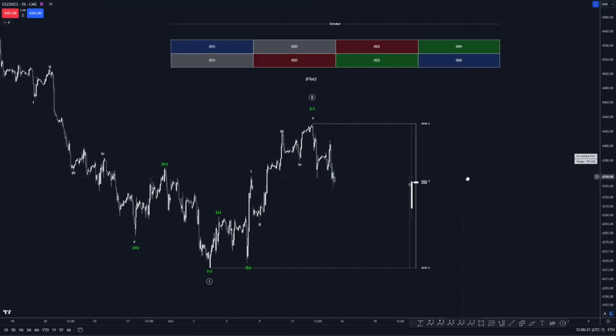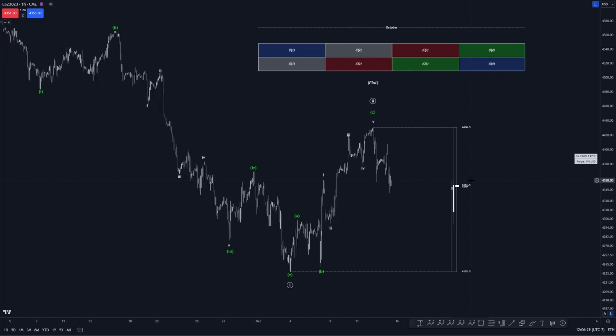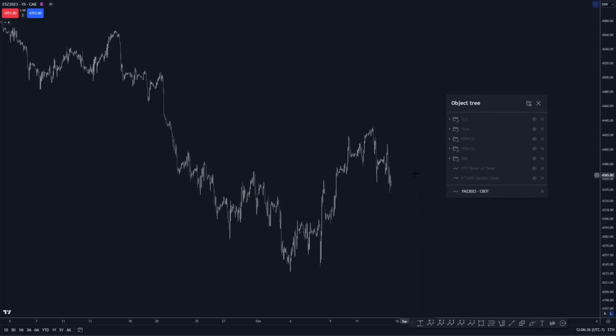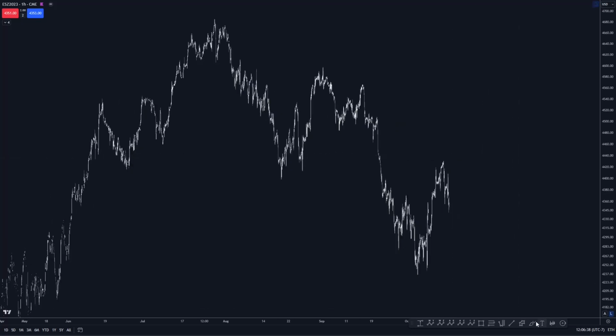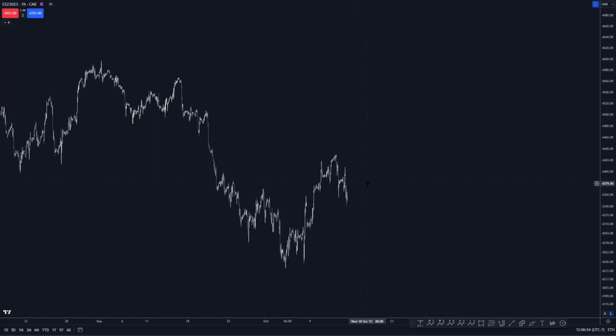So overall, it's just a little bit tricky looking at price action right now. Once again, it really depends on if we're going to take the current low right now, this low, or if we're going for these lower highs and then ultimately this external higher high. So I don't know. In the short term, what can I say? Either